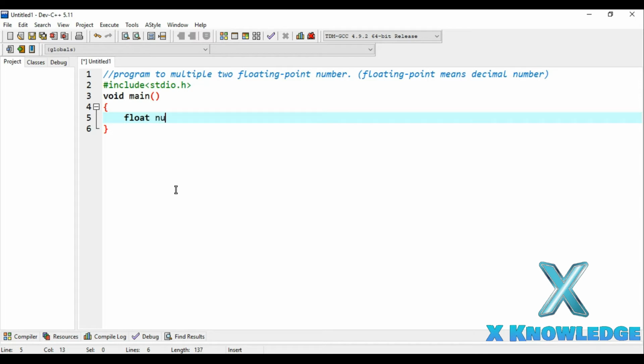So float num1, that is variable number 1, and num2, that is variable number 2, and we will be storing the multiplication value of these two numbers in a variable called multiple.